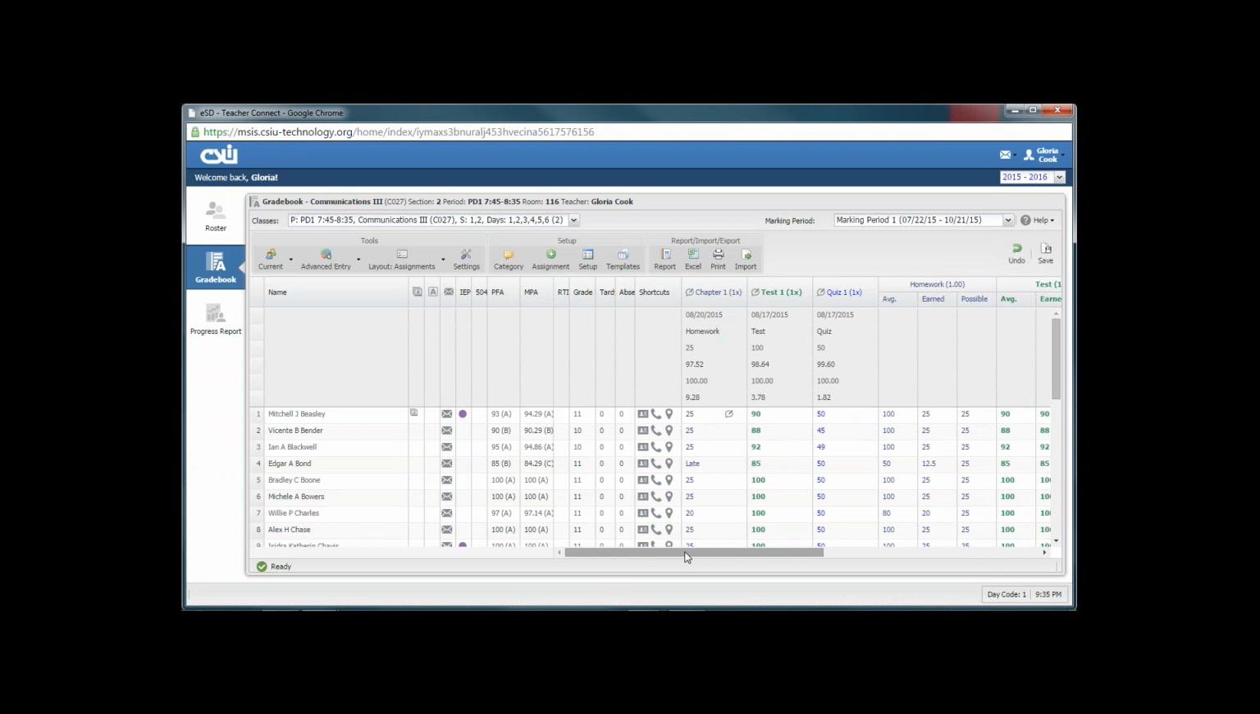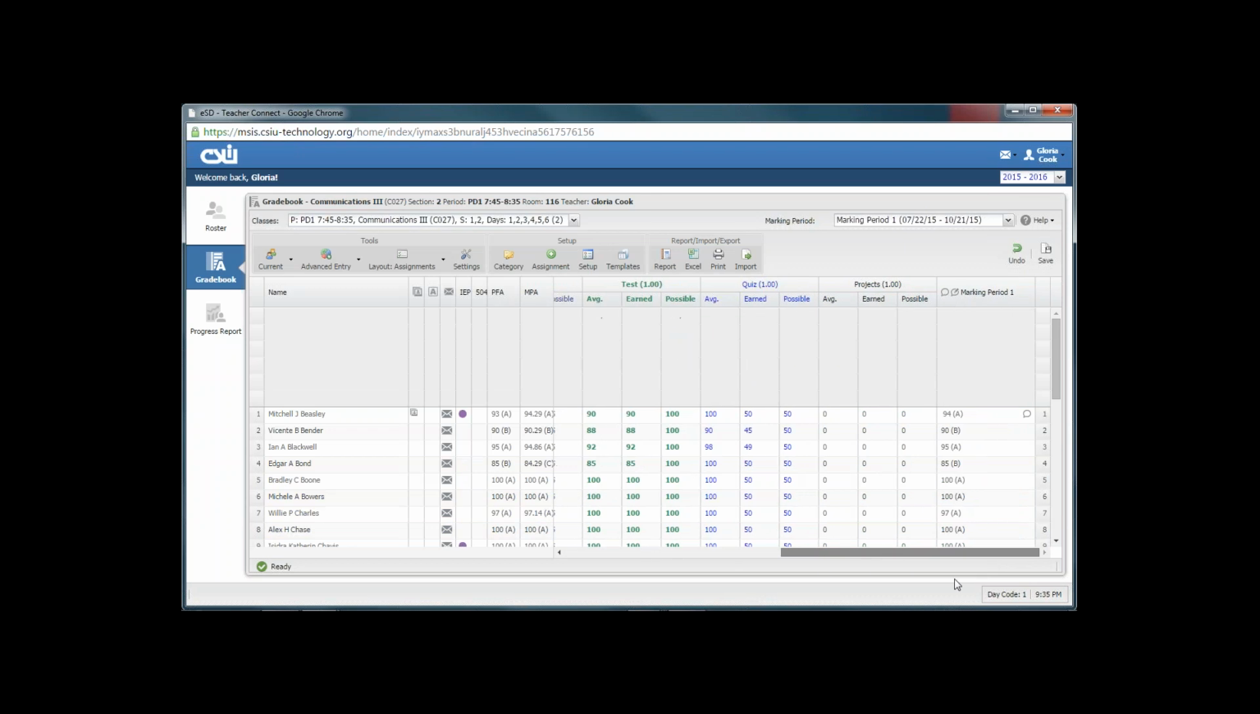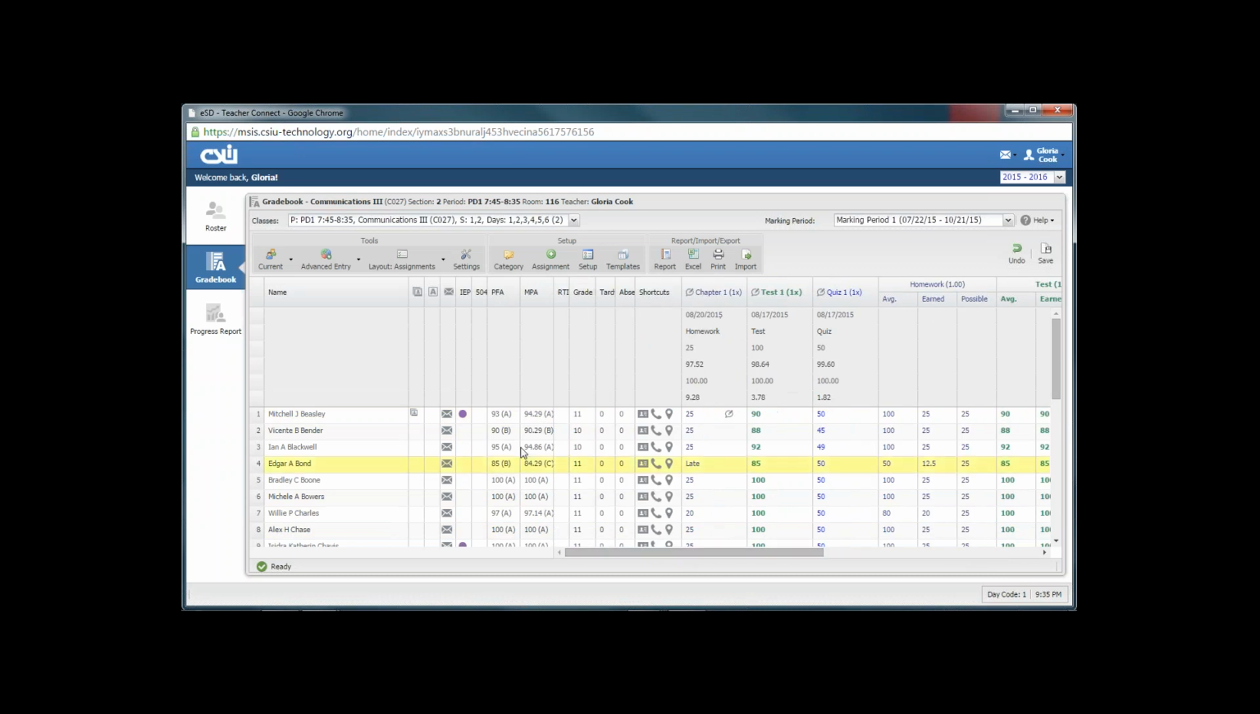The last thing I'm going to show you is the setup screen. The reason I want to show you this is because if you calculate a marking period grade, and you notice as you're entering grades that the marking period average isn't what you would expect it to be, one of the things I like to recommend teachers do, and you may even want to do this before you begin entering grades, is